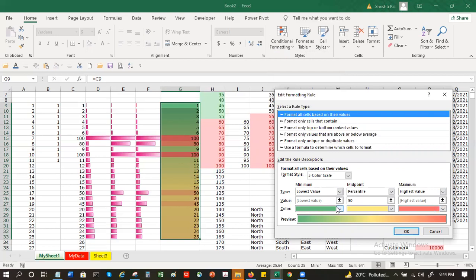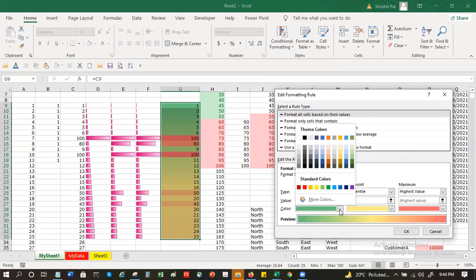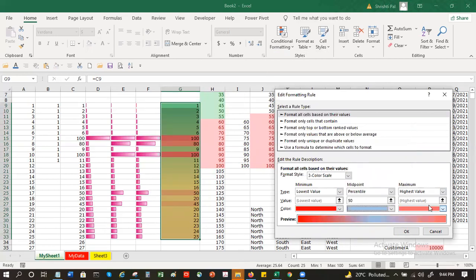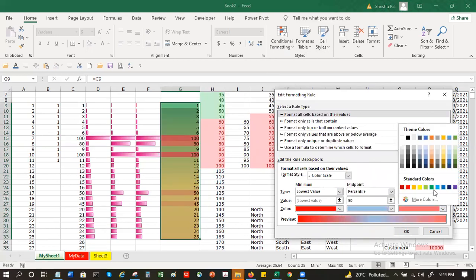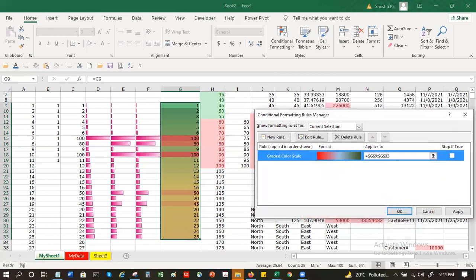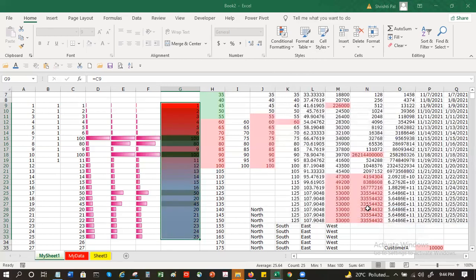Now here I can change the color like in any other place. I can make this red, this maybe I will make blue, and this I will make green, as per my choice. I told you they are believers in customer choice. So this shade is as per my choice. I may not like it, I can go and change it.